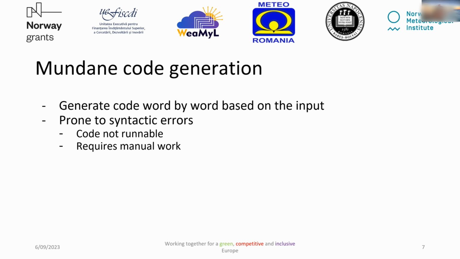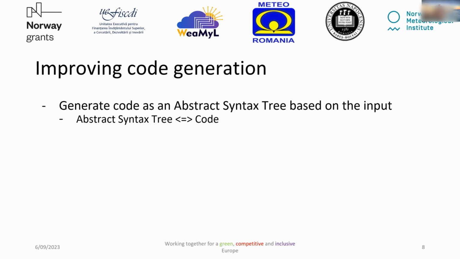So up until now, we can basically generate code from natural language token by token. Well, when thinking about code, its syntax is way more strict than that of a regular language. And when this syntax is violated, the code is not even working, so it will require lots of manual work in order to run. So when taking this into consideration, we have to actually generate a structured sequence of tokens instead of just a simple sentence. And thus, we have to generate something called an abstract syntax tree, which is